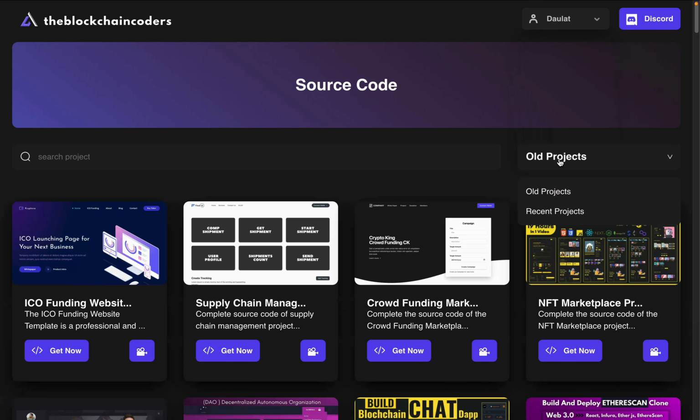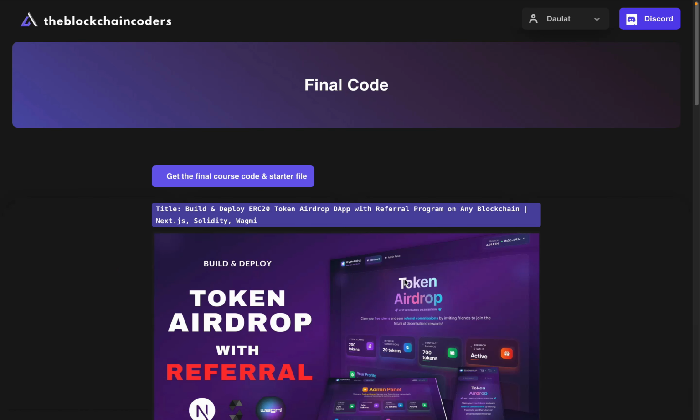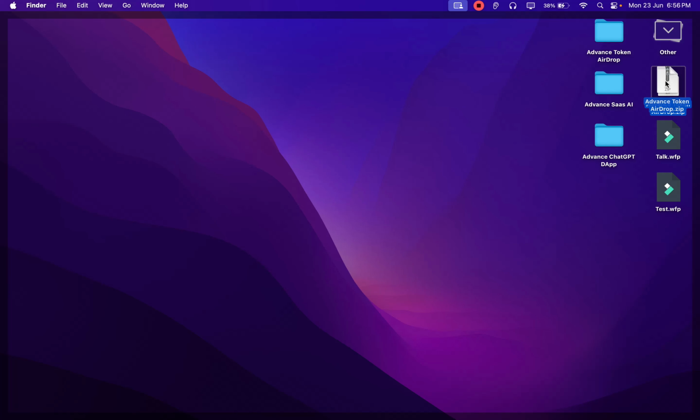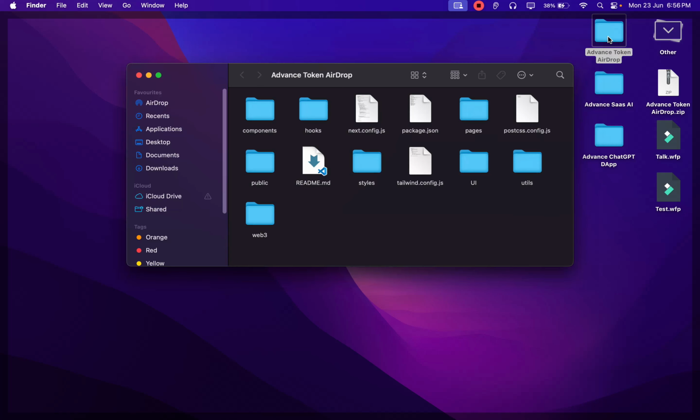Now let me show you how you have to do the setup of the final source code. Now let's start with the setup. When you download the final source code, you will get a zip file. Make sure to extract this file and you will get this particular folder in which you will have the complete source code,